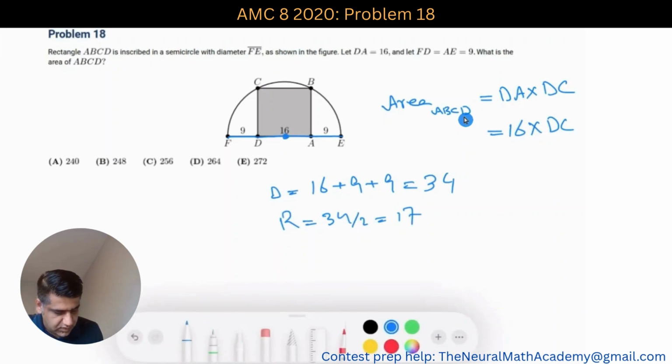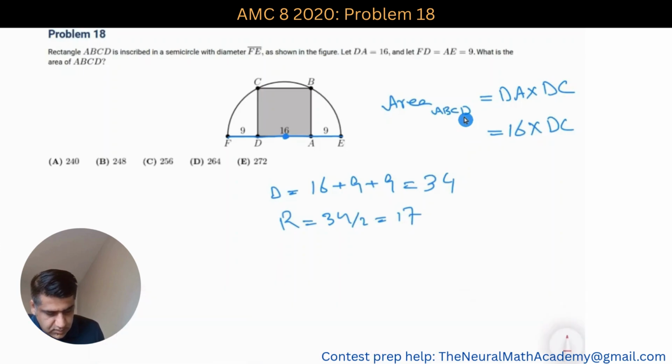So if the radius is 17, that means if I create a triangle, then this value is 17. And since this is the midpoint, I will have 8 from D to this point. Let's call this point O,